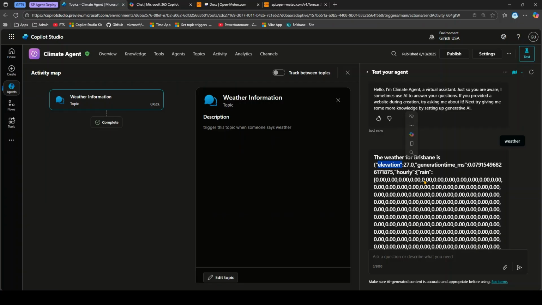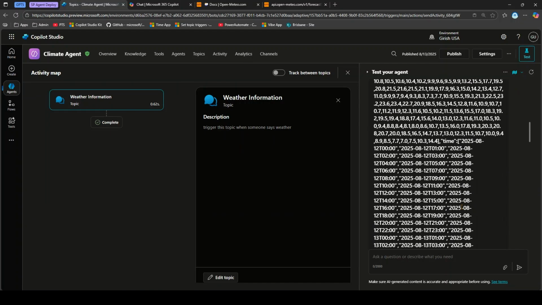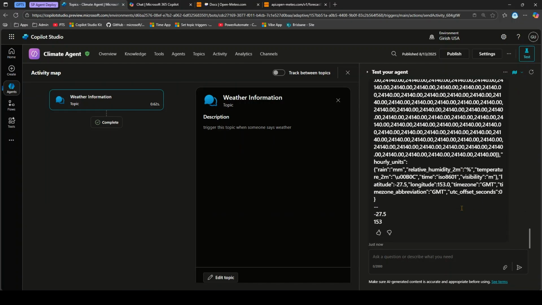You can either pick elevation, hourly information, rain information, weather information, humidity, etc., and then you can get those values. As you see, the couple of things which you have created, the latitude and longitude, have come directly as a number. So you have an option to either put it in a card format or put it in a media format. Those things you can perform, but the whole purpose for this particular